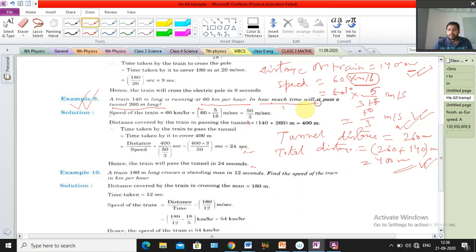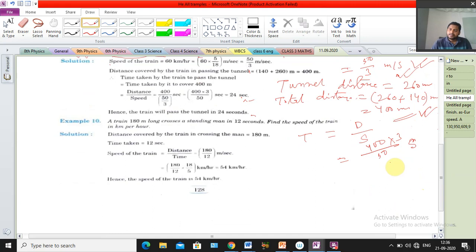Question is telling in how much time. So if I have to find out, time equal to what, sir? Time equal to distance by speed. Time equal to distance by speed. Okay, so distance how much, sir? Distance is write it here 400, and speed 50 by 3, 50 by 3, so 3 will come in numerator. Clear or not? And unit will be what, sir? Second. Unit will be second. Okay, so now cancel it. Here 10 10 cancel, and 5 8s are 40, so 8 into 3 is 24, that means 24 seconds. That is the total time.